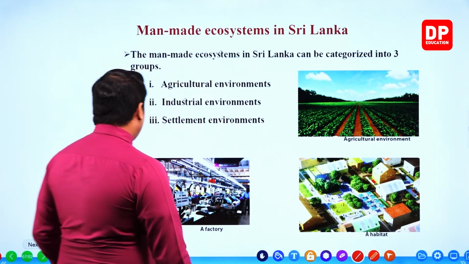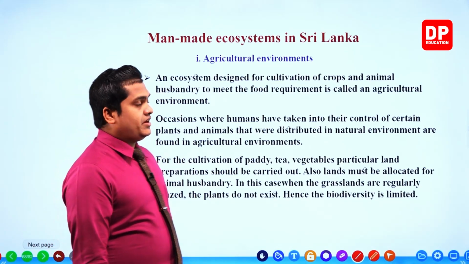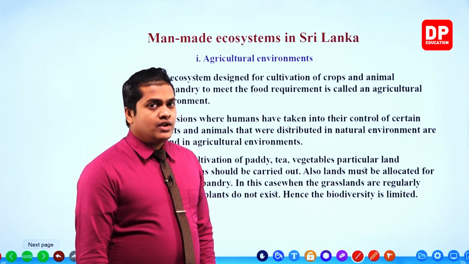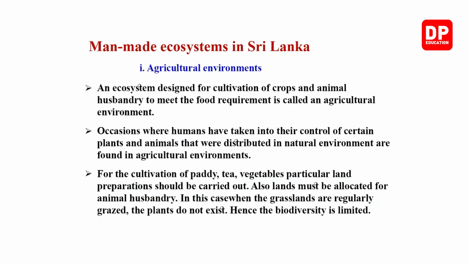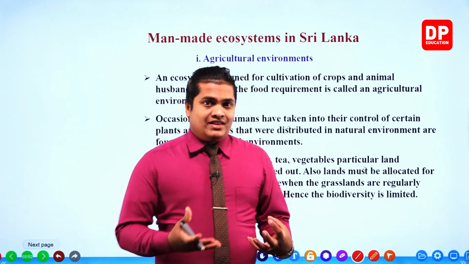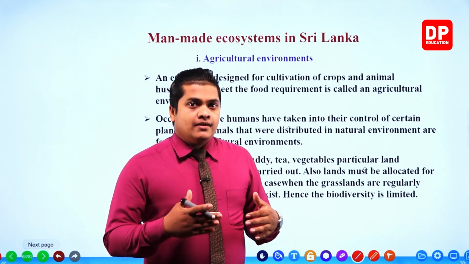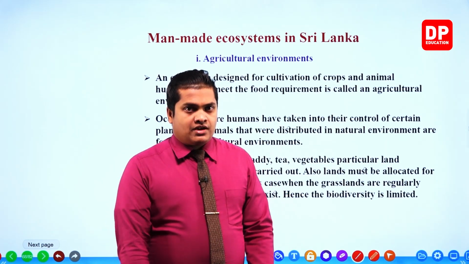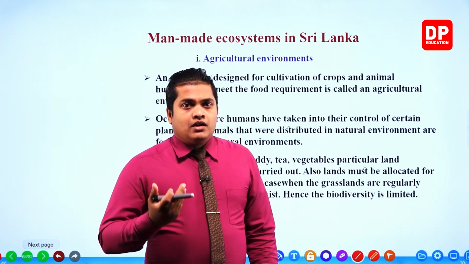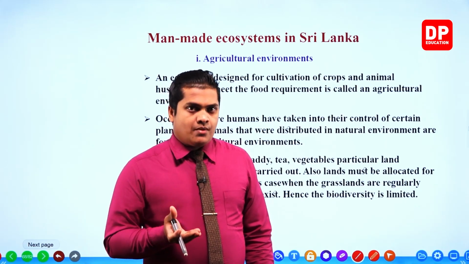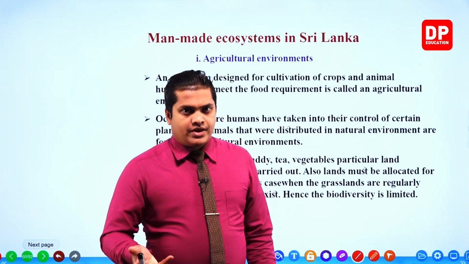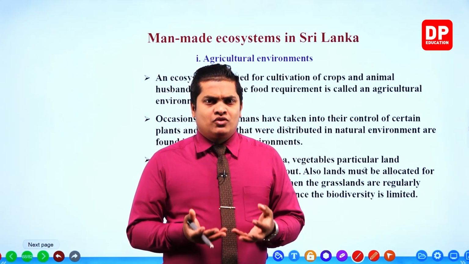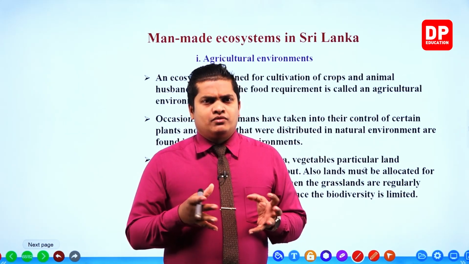So now let's head on to see the first and foremost type of man-made environment, that is the agricultural land. Agricultural environments: an ecosystem designed for cultivation of crops and animal husbandry to meet the food requirement is called an agricultural environment. It's very simple: to meet the food requirement of people, people create these agricultural environments. So mainly we do farming over here. We do farming of animals or else plants, right? Animals such as hens, cows, goats, and so on, and also plants like different kinds of vegetables